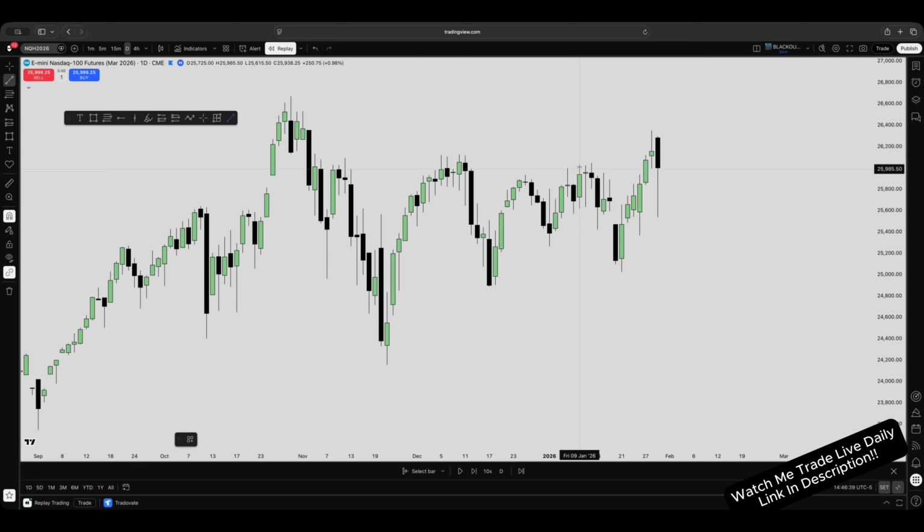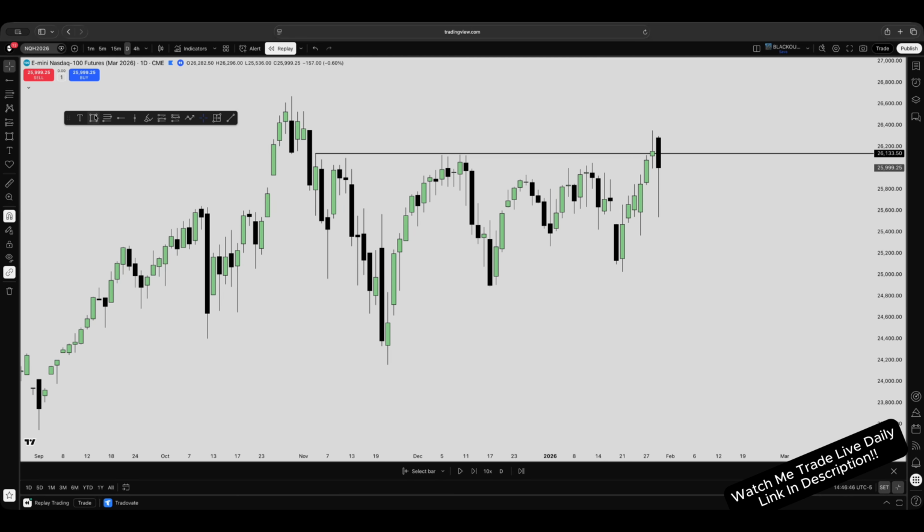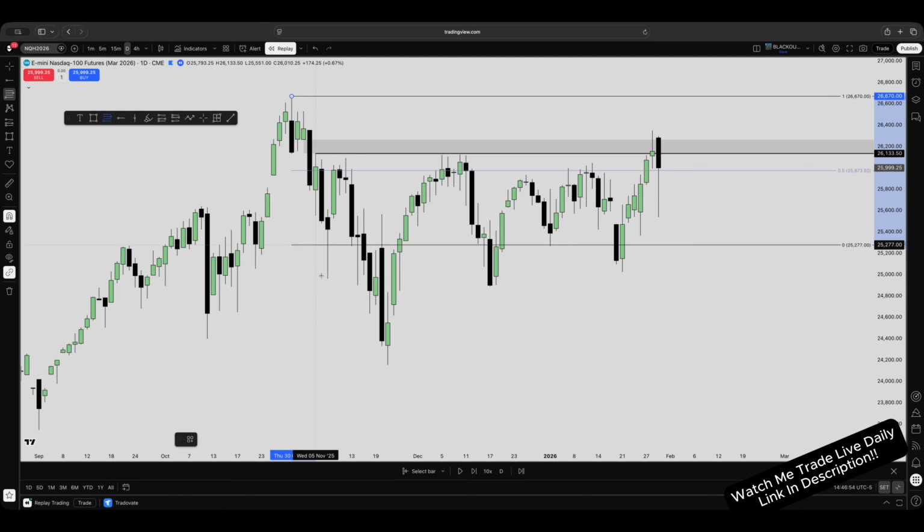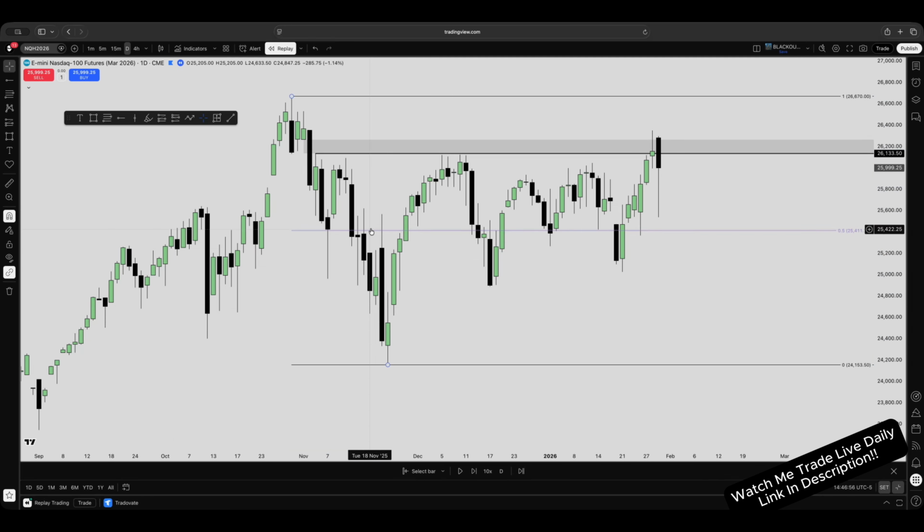So you can see from the previous days we've had a run up on all of these clean highs up here, and if you look just to the left as well, we also have this unmitigated bearish gap that has now been mitigated. If you get the swing high to swing low on the higher time frame as well, anything above 50% is a premium. So now that we are in a premium side of the dealing range, we are focusing on shorts,